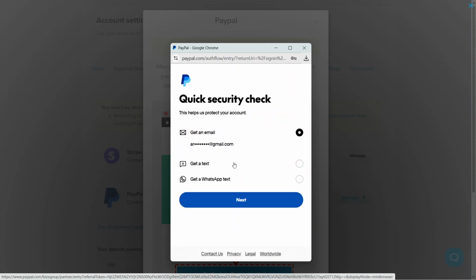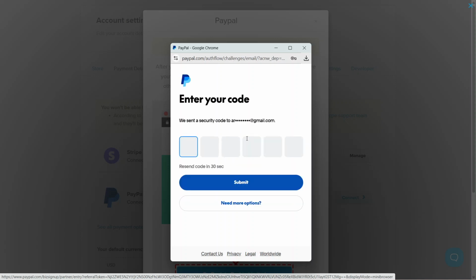At this stage, PayPal might ask you to complete a security check. This can involve choosing how you want to receive a verification code, such as by email, text message, or another messaging option. Select your preferred method, wait for the code to arrive, then enter that code into the field provided